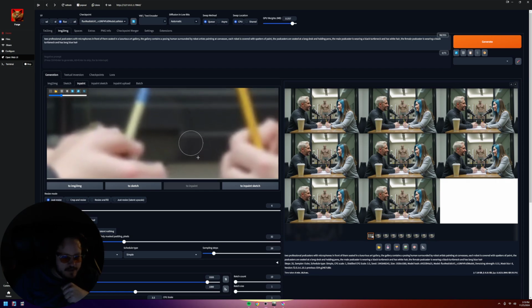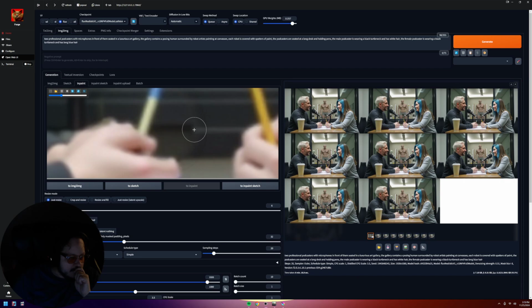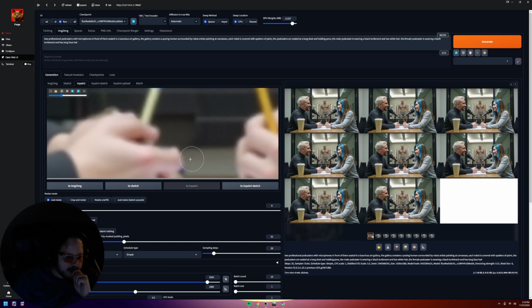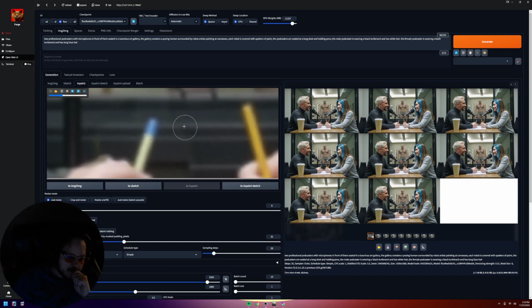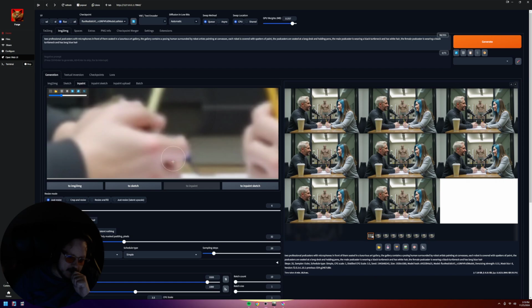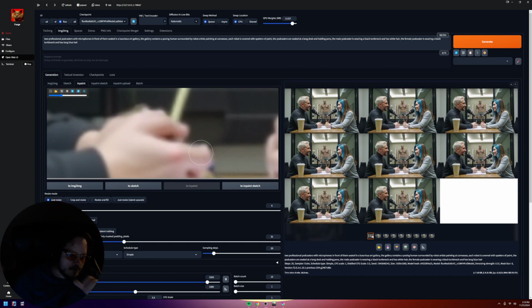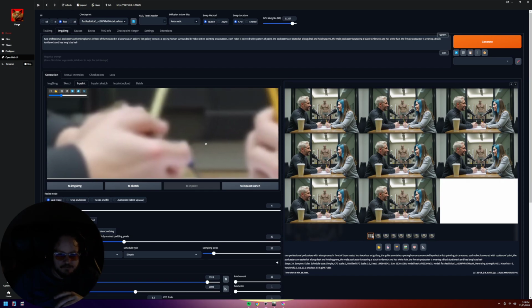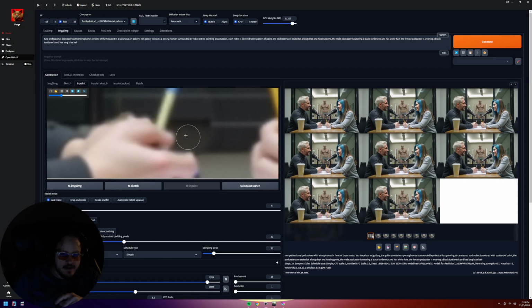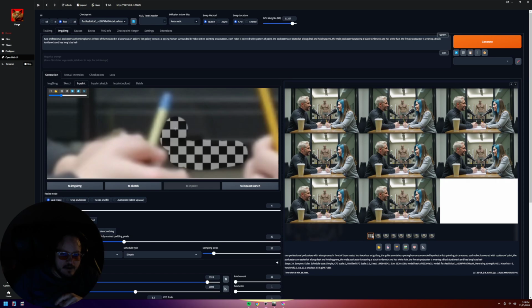You may or may not be able to see this on the video, but what ended up happening is I ended up creating this seam. This is why you want to generally try to inpaint along contrast seams. So what I'm going to do to fix this is I'm going to inpaint along these contrast seams,